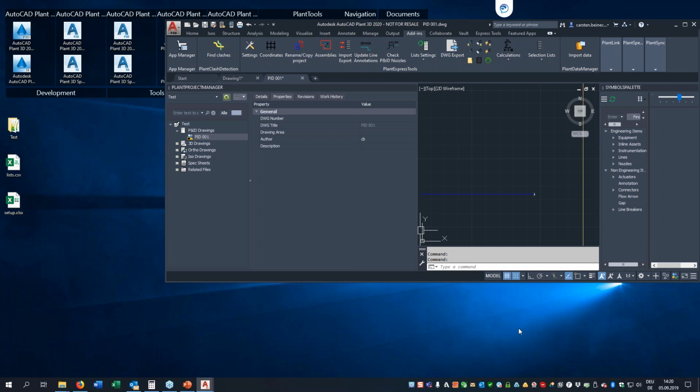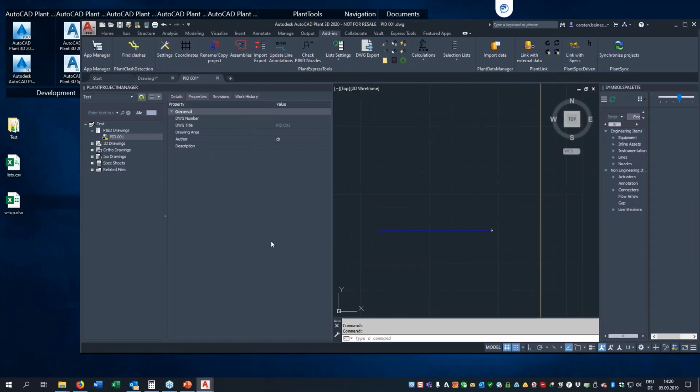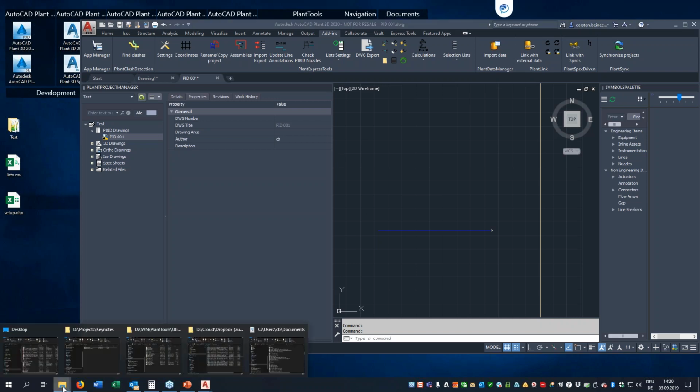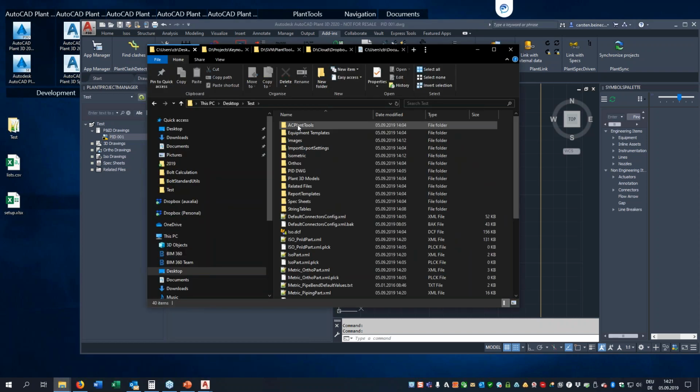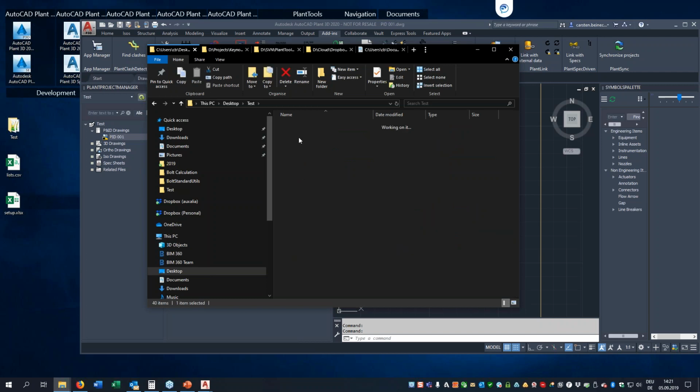Okay, next we have the selection list import function. This is a little bit different than what I showed. The selection list feature here of PlantExpressTools allows you to essentially have your selection lists up to date at all times. I will show you the example I have here. That's actually two customer examples. One is from a